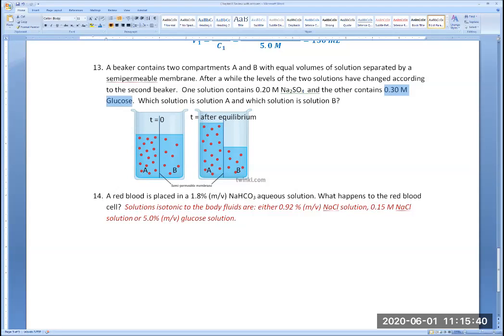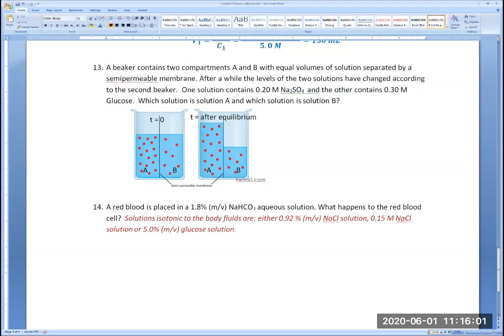And so we need to decide which solution is A and which solution is B. Basically, we know A is more concentrated than B. So let's look at those two solutions and see which one is more concentrated. I have to add that